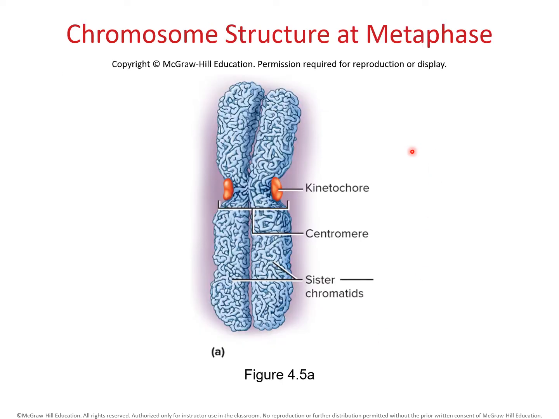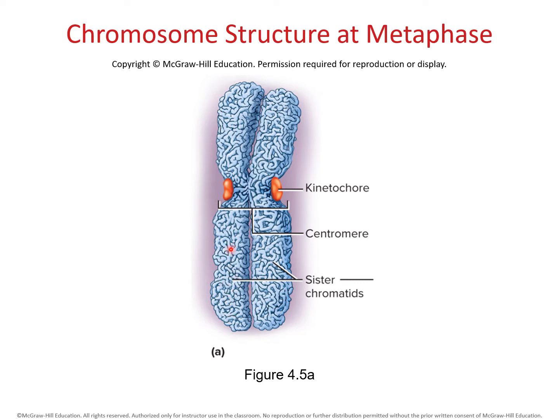And here's a picture of that. You've got your whole entire chromosome here, and what you're seeing are two halves. There are basically two parts of this chromosome. You have one sister chromatid and another sister chromatid. The two making up the entire chromosome are called chromatids. And if you look at this picture, it is showing a coiled up structure. This is all chromatin.